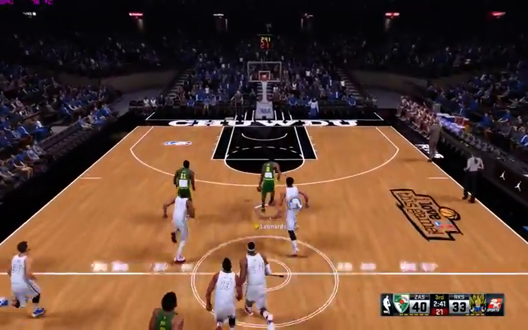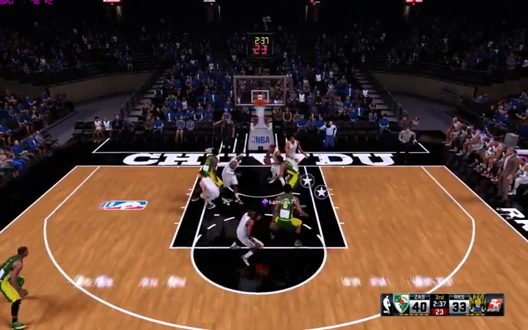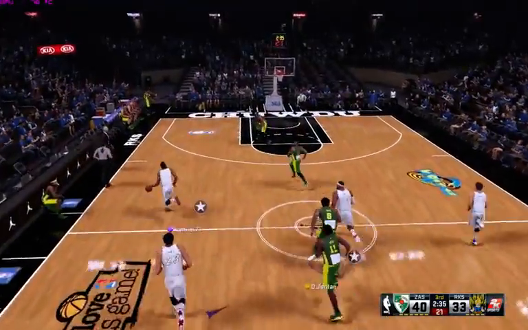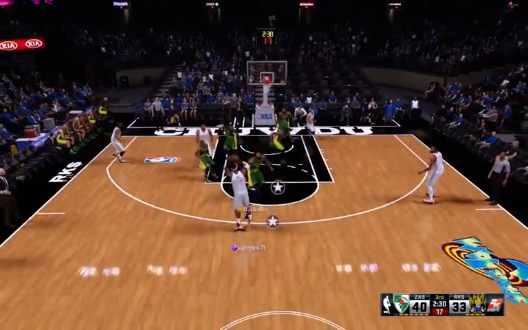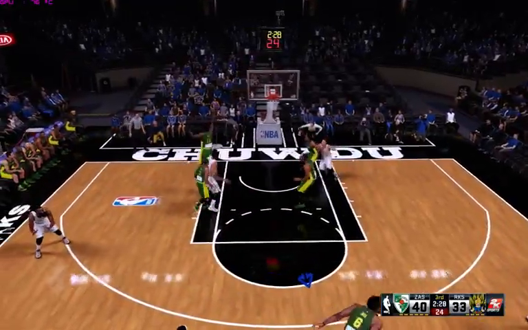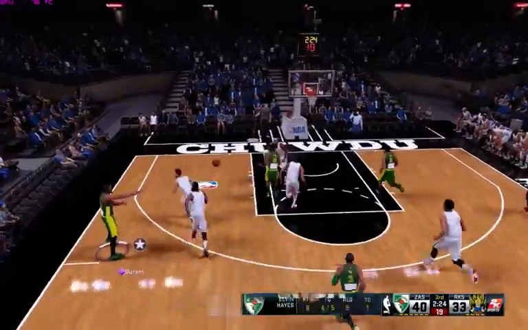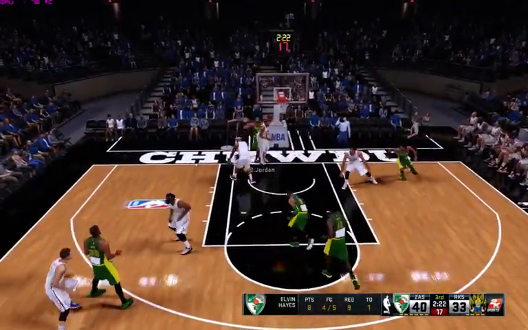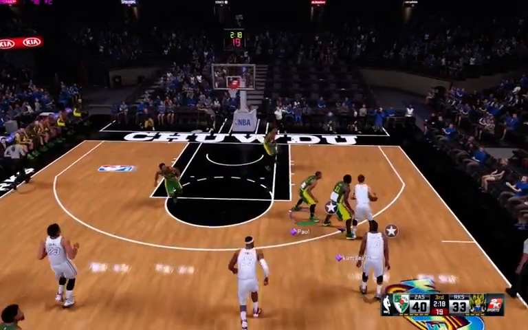Stolen by Durant. Here's Leonard. Shot is no good. Nice D from Durant. Well, the effort was there, but he just couldn't quite fight his way through traffic. And here's James outside. It's rebounded by Hayes. It's almost like he's trying to make things hard on himself. You know, he's just got to slow the game down, try to get some easy ones.